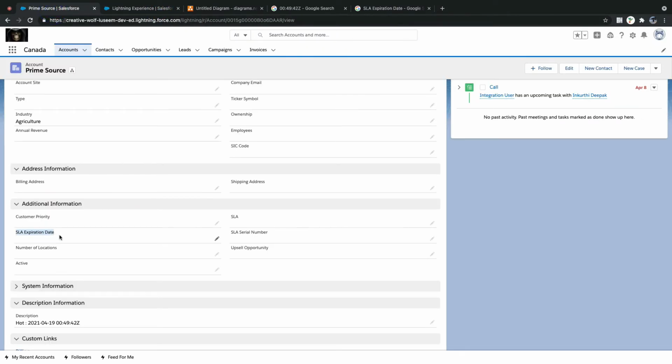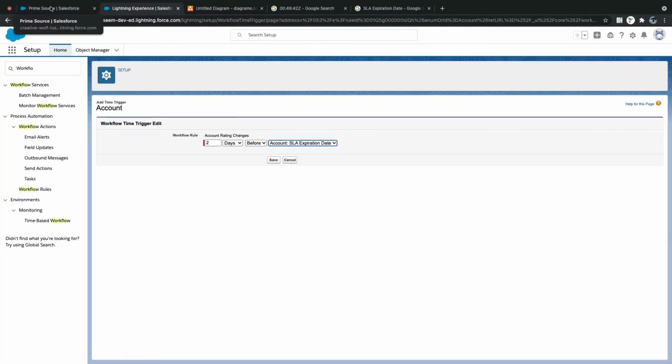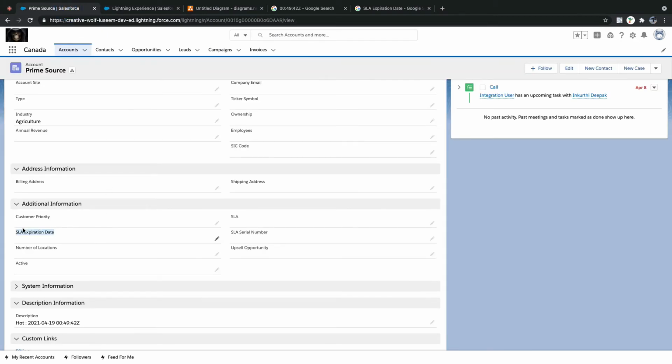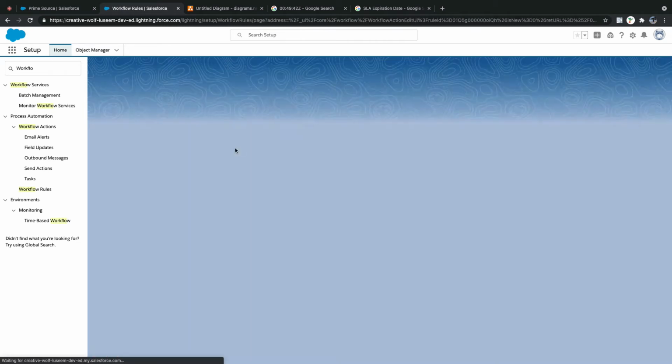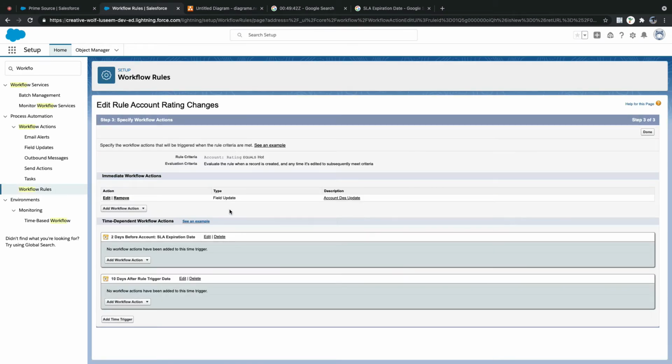If you want, use it or create a new one if you need it. It's a normal field in the account object, which is a date field again. Only date fields are available. So this is expiration. Let's say 2 days after expiration date, you send a notification saying this is your last reminder.